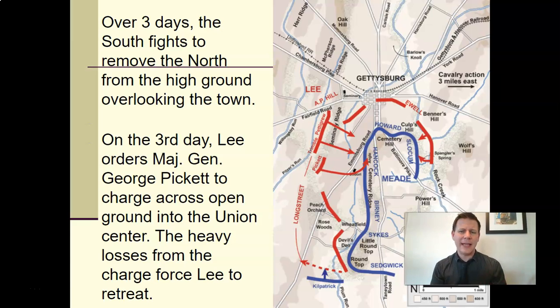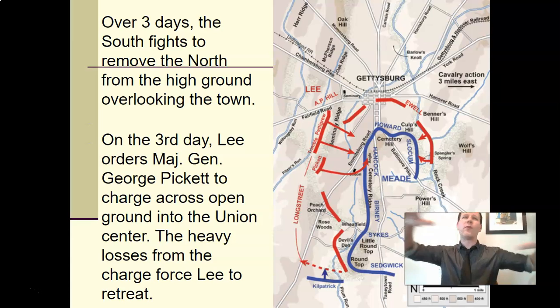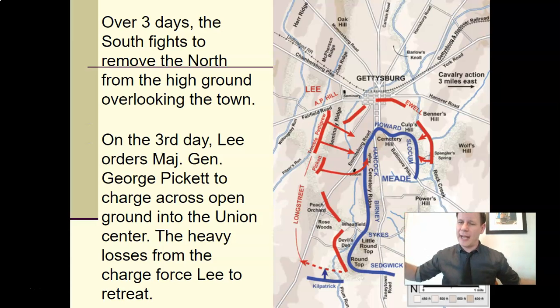The first day is kind of just a feeling out of each other, calling in reinforcements. No huge amounts of fighting yet, but one important thing happens, as you can see on the map. On the first day, the North ends up capturing the high ground. So they don't actually capture Gettysburg. There is a hill outside the town that gives the North, if you control it, a commanding, overlooking view of the entire countryside so they could see what the South was doing. So the North takes the high ground. You think of Gettysburg as kind of a giant battle of King of the Hill, right? They've taken that on the first day.